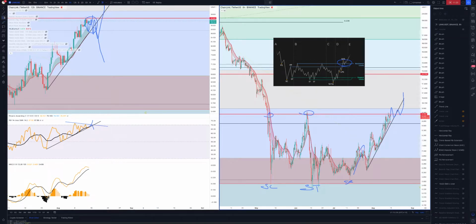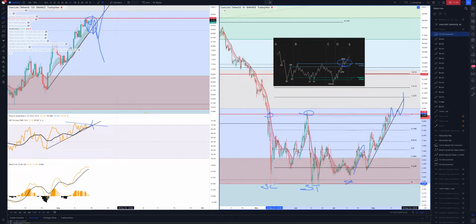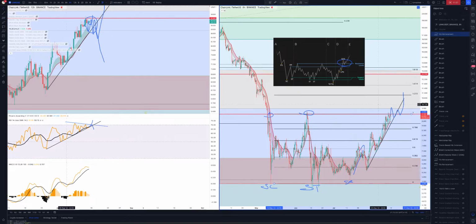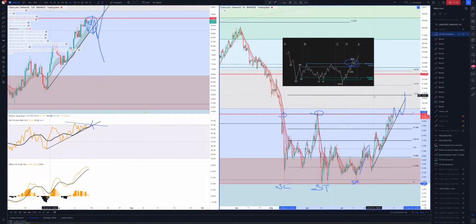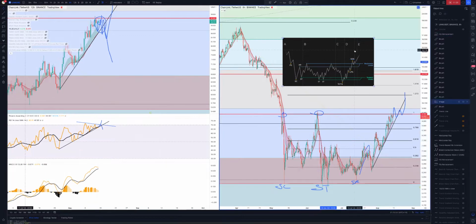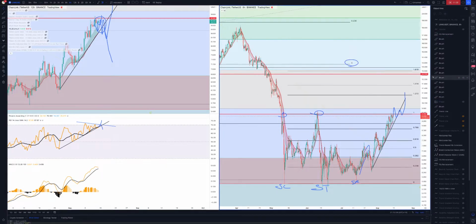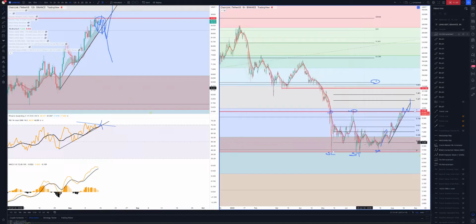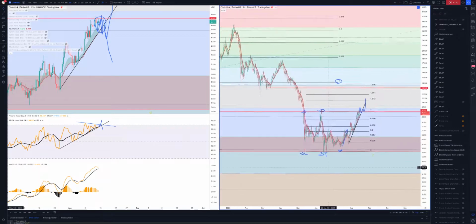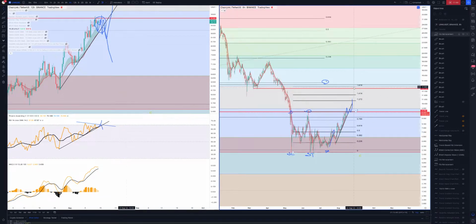Now the target for this, if we were to apply the same rules, make that a 1, you can see, now if I was just to pull back on this one, does it line up with our 1.6? Yes, it does, 1.618.